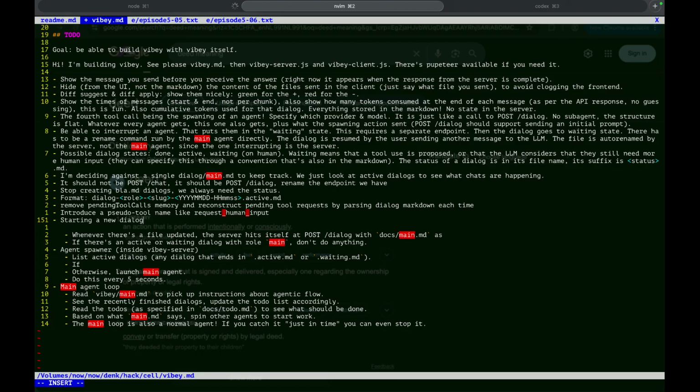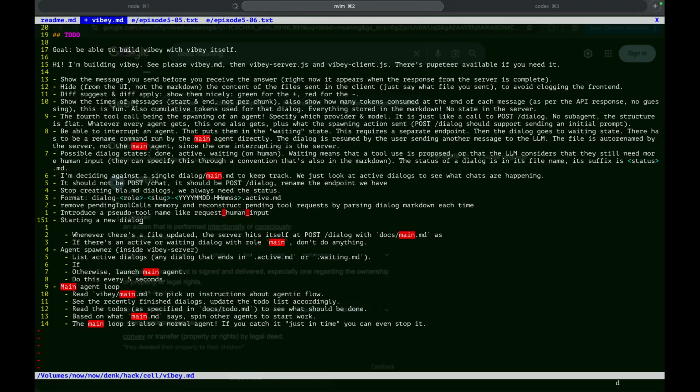So it could be whenever a file is changed, the AI comes and checks it, or you can just say, just pick it up.